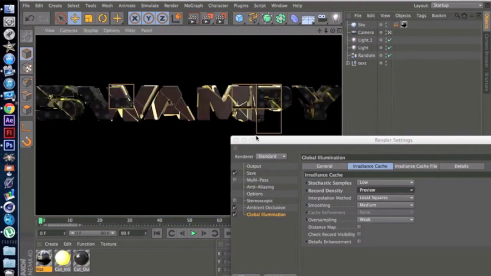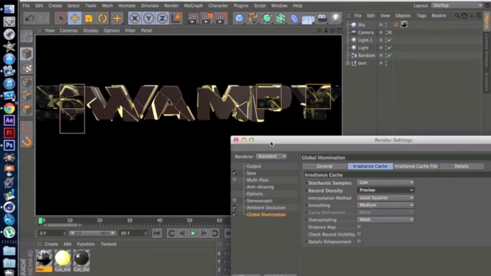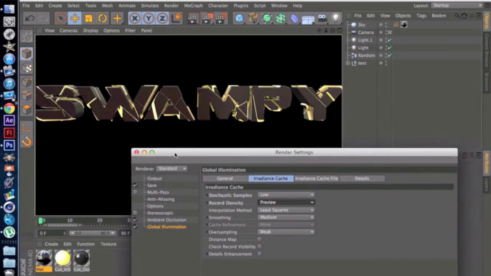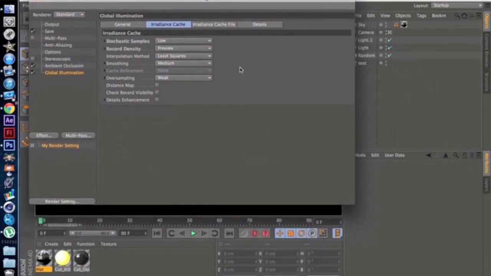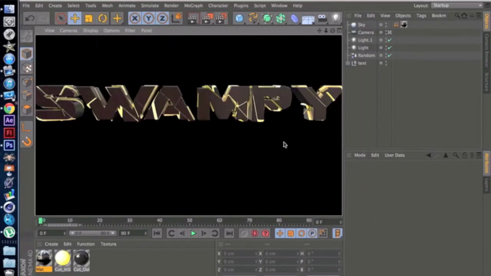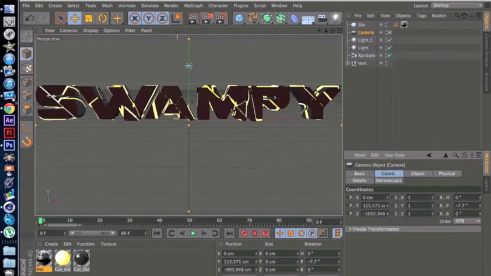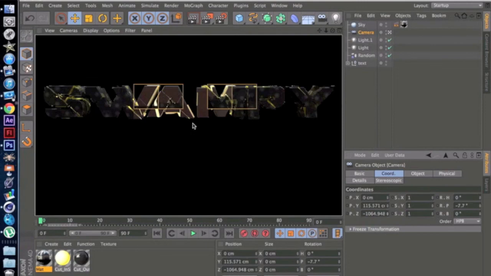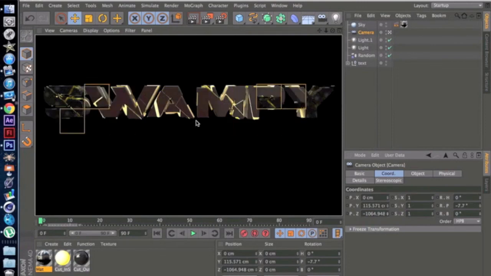So this pretty much just adds some nice shine and nice effects on this. If you're doing this for a final, just pump up all these to high, high details and all that stuff. But for the purpose of the tutorial, that's all done and good. The camera is too far in, I'll have to take the camera out a little bit so it fits it all in. But that is done. So my final product,